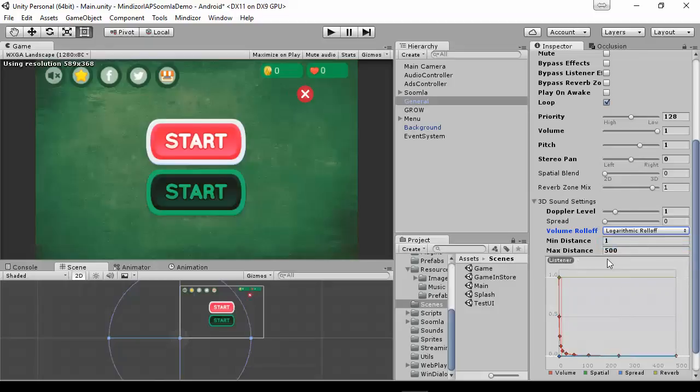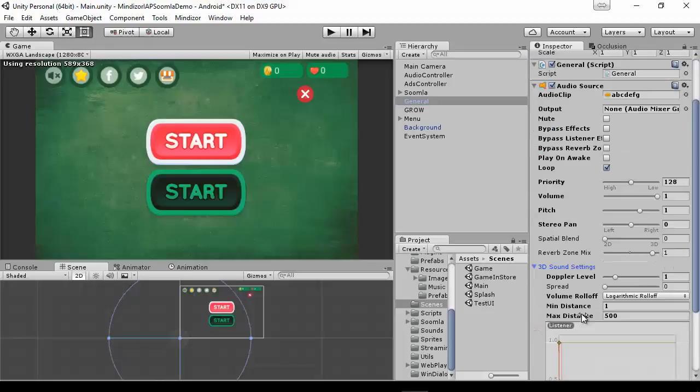Because we are talking about 2D games here, we just have the same audio source in the game. In the case of 3D games, the audio is different from different points because there is an audio source in some location, and when you are near that game object inside the 3D game, you hear the volume maximized. But when you go away from it, the volume gets lower. There are many options related to the 3D sound settings, but since we're talking about 2D games,